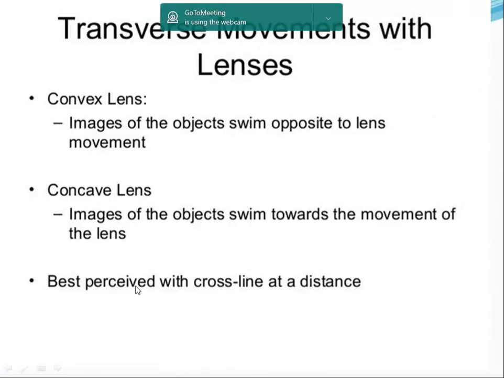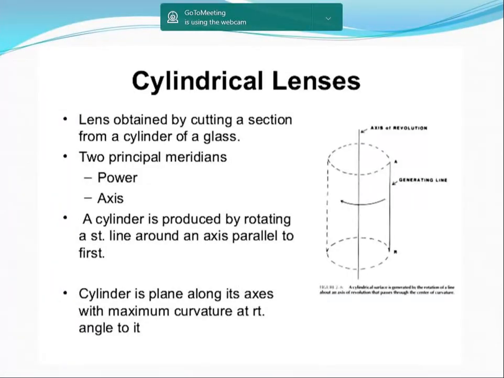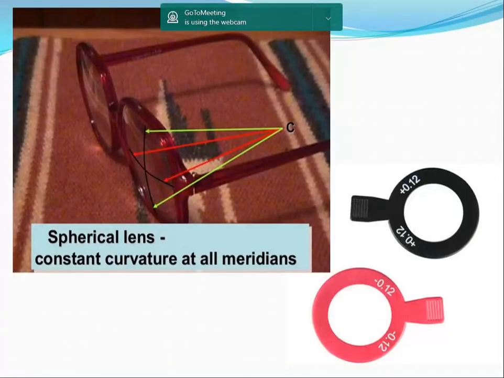So that is about recognition of the spherical lenses. Now we move on to cylindrical lenses. These are a little more complicated than spherical lenses. I told you spherical lenses are ones in which the action is the same in all the meridians. That means in all the axes, be it 90 degrees, 180 degrees, 35, 145, 45, whatever axis, the movement will be the same. Okay, that is a spherical lens.